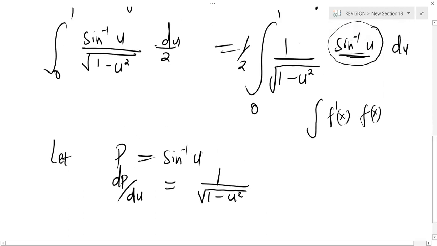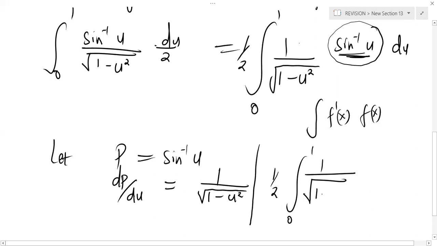So it's going to be a half integral from 0 to 1 of 1 over the square root of 1 minus u squared. Instead of sine inverse u, I will have p. Then instead of du, I will make du the subject of the formula here. We will have the square root of 1 minus u squared and then dp. So this cancels with this, and we simply remain with